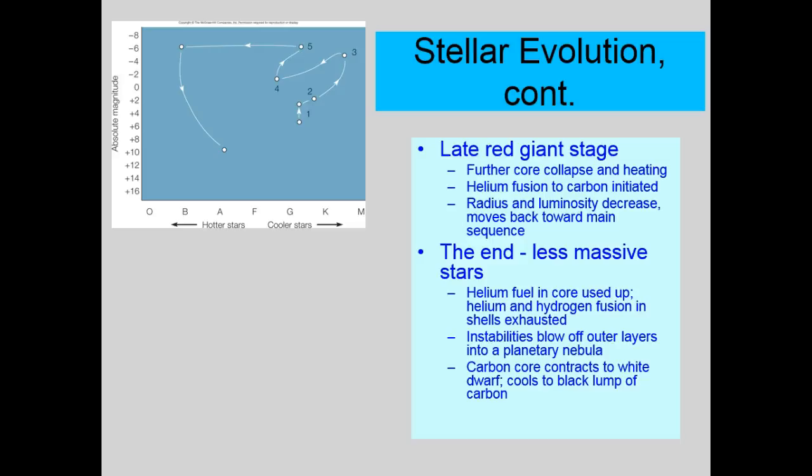The helium fuel in the core is used up. That's used up pretty quickly because remember, 2 hydrogens make 1 helium, but it takes 3 heliums to make 1 carbon, so you don't have as much of that to happen. So after a while, that is used up. So the helium and the hydrogen fusion themselves are completely exhausted. The instabilities, okay, so what you have here, this is grouping a lot of things together. You have a rapid collapse now, and that heats up and blows off the outer layers of the